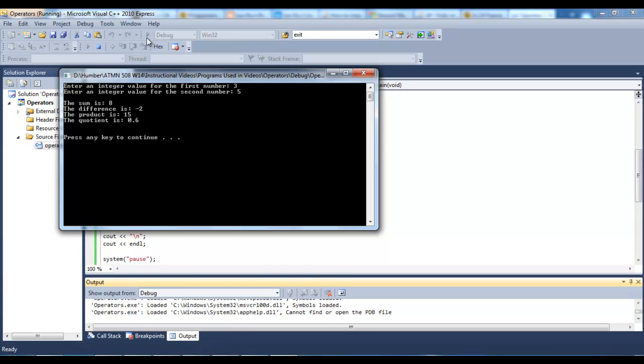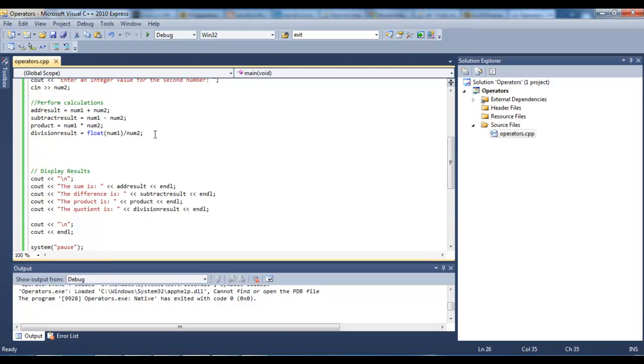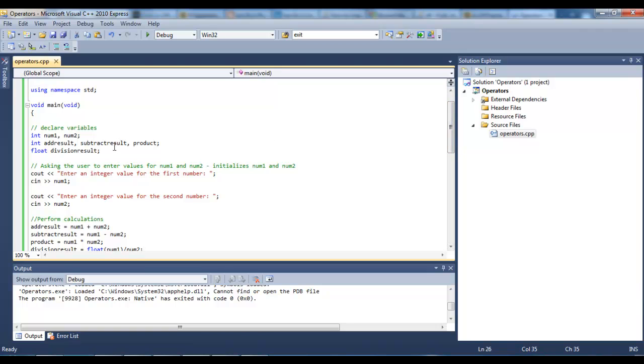Divided by 5, and now we get our 0.6. Okay, so now if the numbers we had started with were already floats instead of integers, we wouldn't have needed to do that. But I specifically made them integers because I also wanted to show you modulus. So let's add